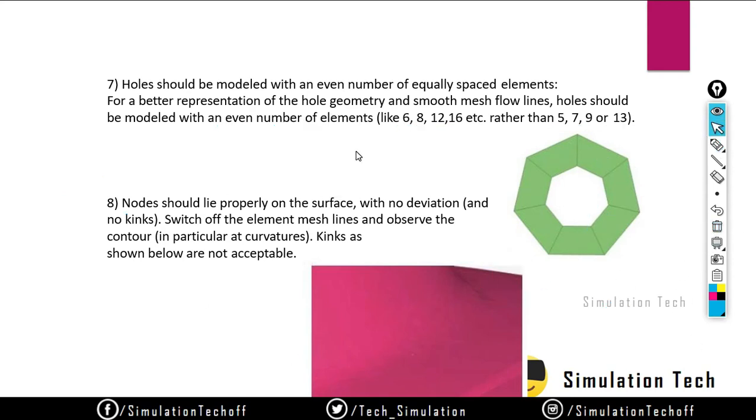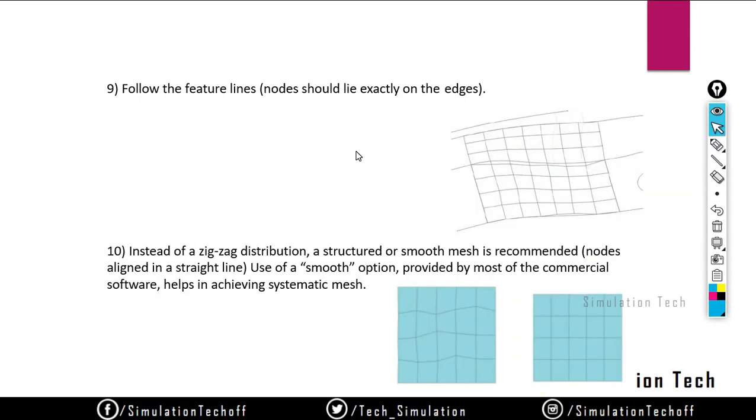And the next thing, the ninth point, feature lines. While creating nodes and elements, your elements should exactly follow the feature lines.